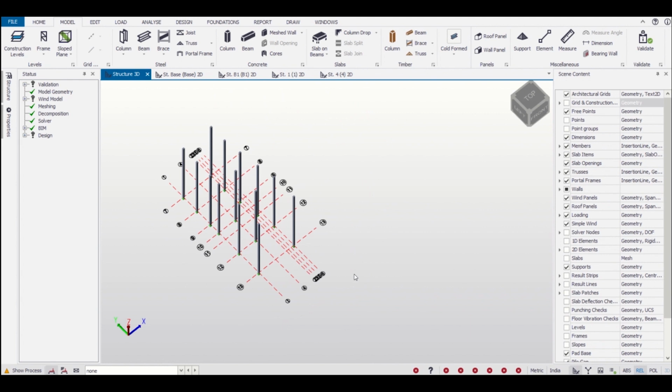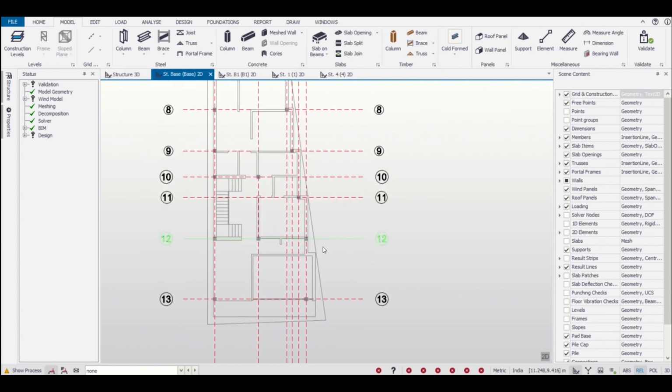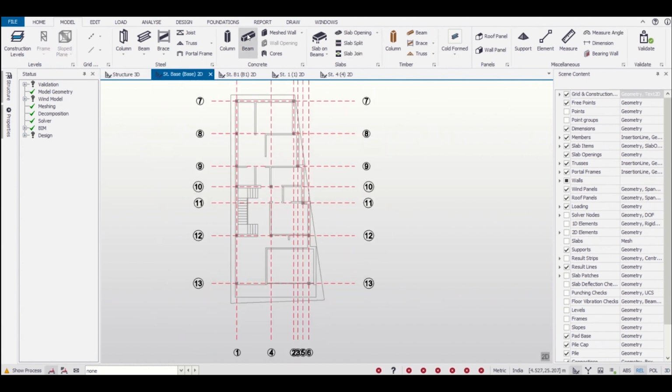So friends, in the previous video we had inserted columns in our model. So in this video we'll place our beams at the plinth level. So let's get started. First of all we'll go to our plinth level, that is our structural base level,